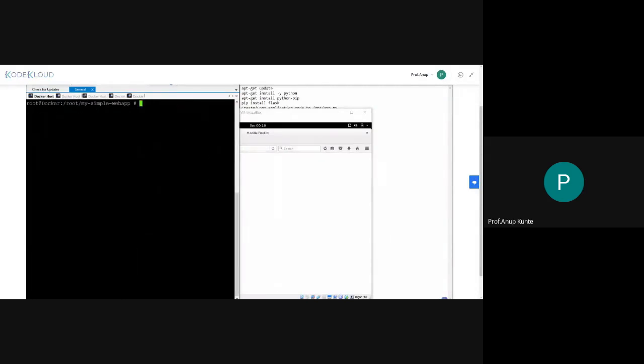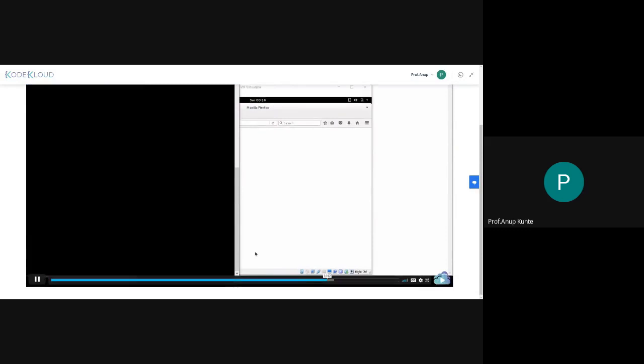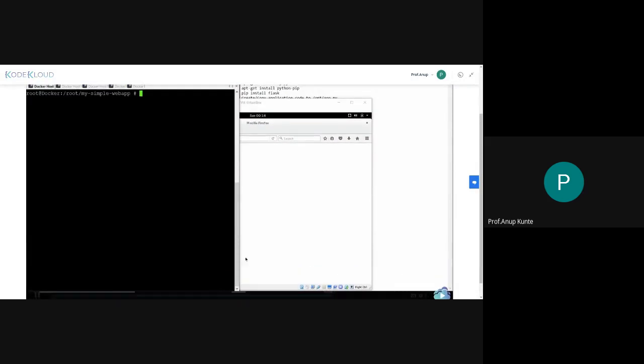Okay, so I have my simple web app image. Now, how do I push it to Docker Hub and make it available to the public? So once I have my application ready, I could push it to Docker Hub by running the docker push command. Now, before that, you should have tagged your application with your repository. So if you do a docker push my-simple-web-app,